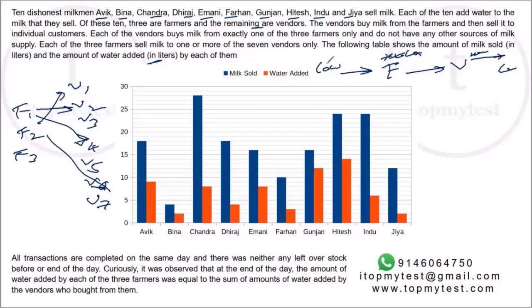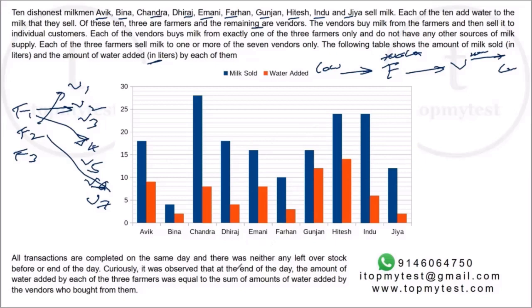So the farmer did not have any milk beforehand. He got it from the cow that day, added water, then sold it to the vendor. The vendor did not have any stock, adds water to it, and sells it off, and there is no stock left at the end in either case. So everything that is gotten is sold on the same day itself with some water added. Not some, by the looks of it, quite some water added to it.